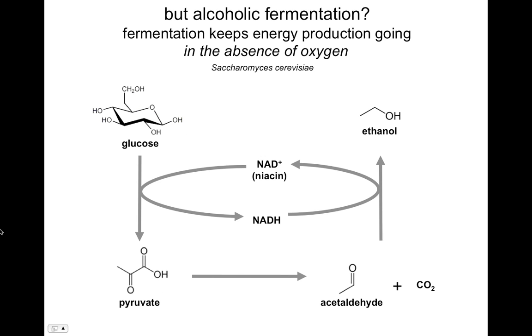Glucose is converted to pyruvate, pyruvic acid, by glycolysis. Now, glycolysis requires, and for the biochemists in the room, this is a simplification. For the rest of us, it's complicated. This glycolytic pathway requires the conversion of NAD plus to NADH. Do we need to go into depth why? Well, suffice it to say that the reduction of NAD plus to NADH is very important in the conversion of glucose to pyruvate, and